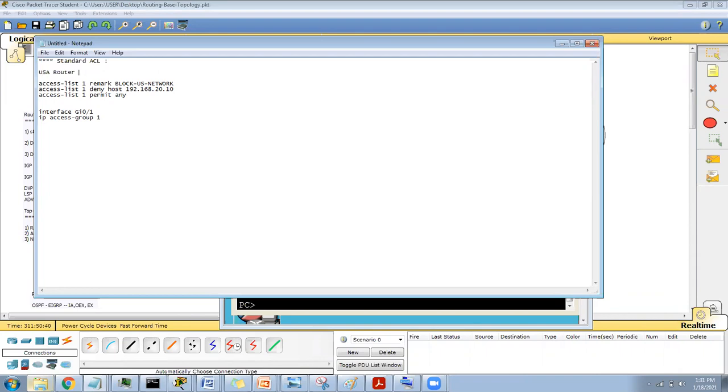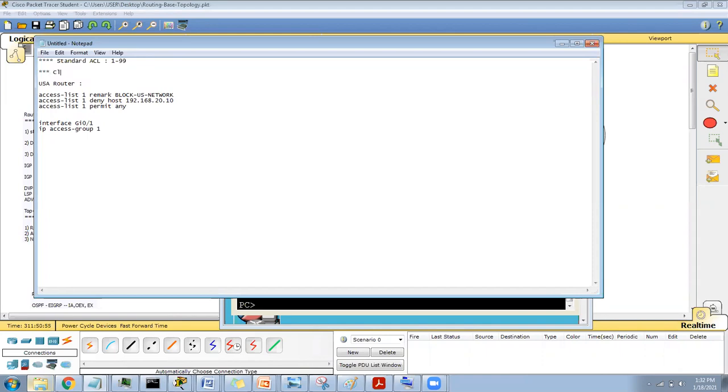When we applied that on the India router, it was not working. So what we learn about the standard ACL is that it has to be applied